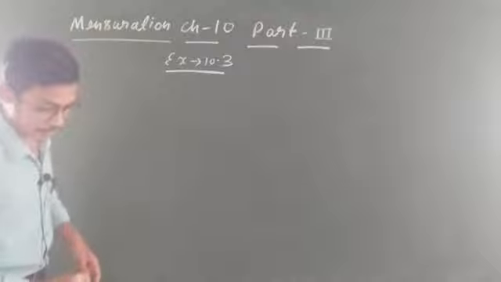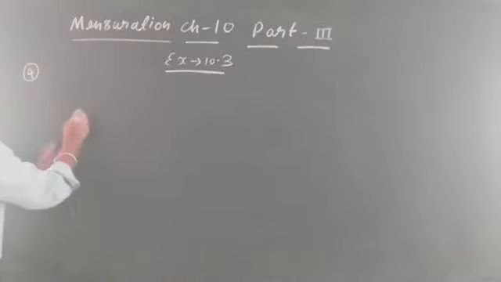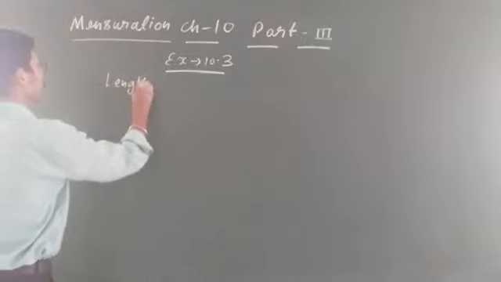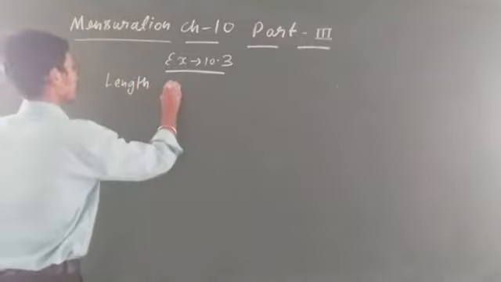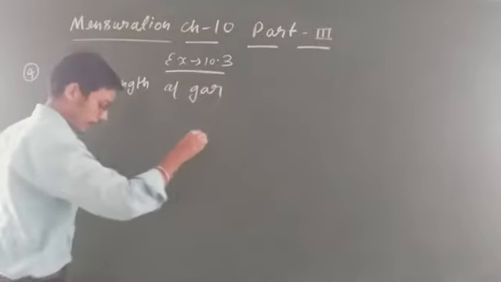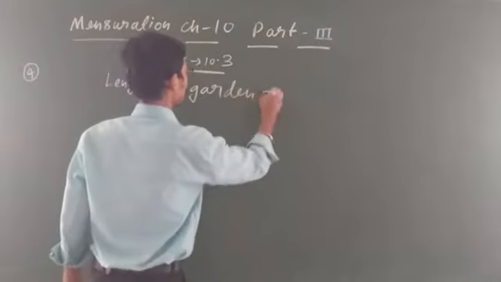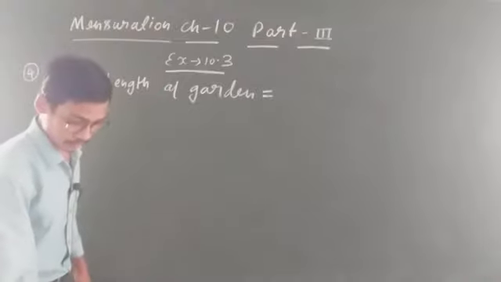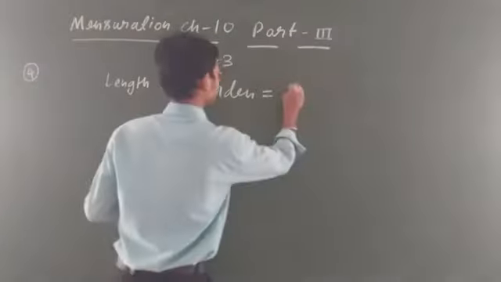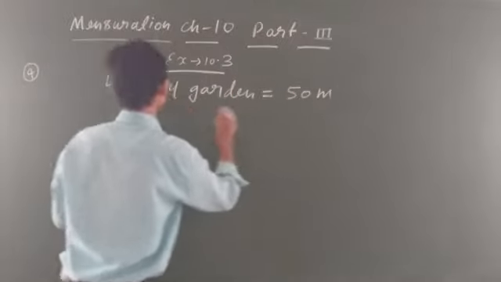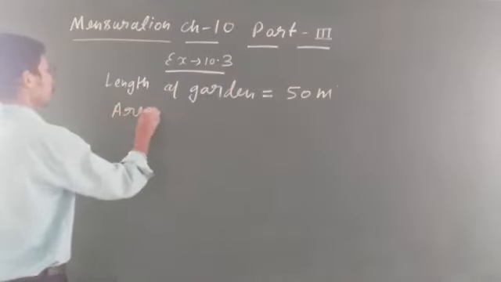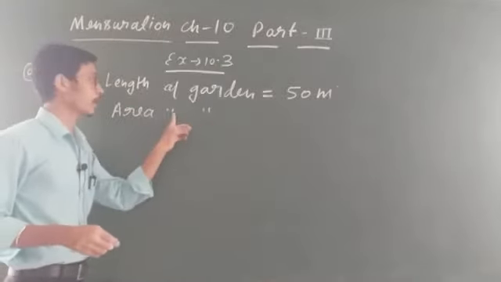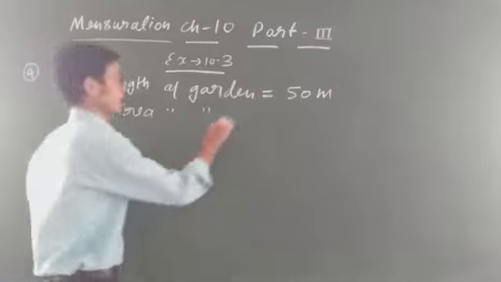The area of a rectangular garden is... 50 meter long. Means a long is the unit length of the garden. You have to write it the proper way: length of garden, student, is given, 50 meter. And what is given? Area of garden. Here I am writing this and you write the total. ठीक है ना? Don't use this comma, only I am using it. Okay.